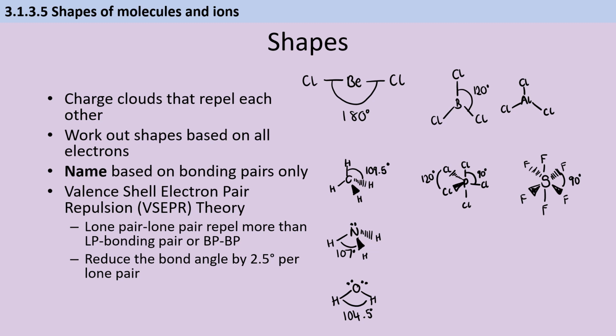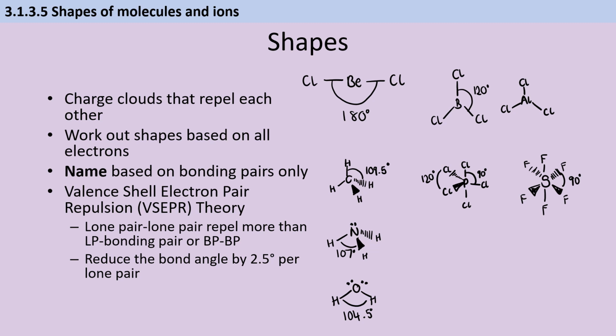Then we should think about our alternative tetrahedral shapes. If we have one lone pair, then this is going to reduce the bond angle by 2.5 degrees, and we call that triangular pyramidal or just pyramidal. And then we also have our bent or non-linear molecules like water, which have 2 lone pairs. So we remove 2 sets of 2.5 degrees to have a bond angle of 104.5. And the reason for that is because the lone pairs are going to repel each other more strongly than the